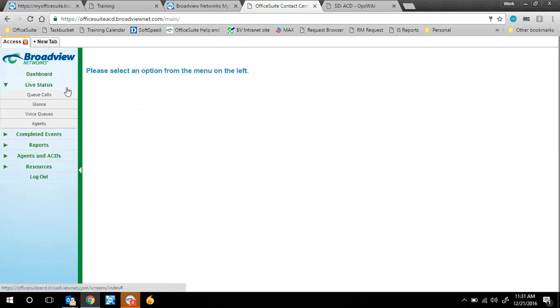So this is built with contact center and extension call recording. So there's stuff in here that normally wouldn't be there for extension call recording customers and vice versa. But I'll point out what would be with what. All of live status would only be with EQs or contact center. Extension call recording wouldn't see any live status. EQs includes queue calls and voice queues. Only contact center offers glance and agents. So they get some added views when they go to contact center. Completed events,